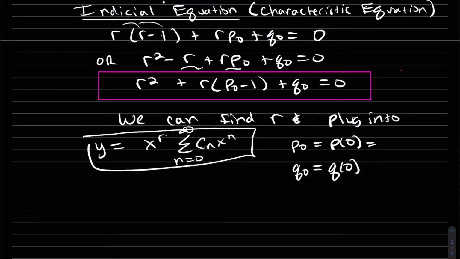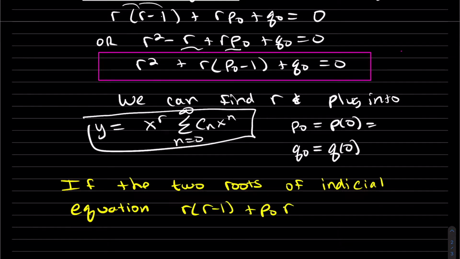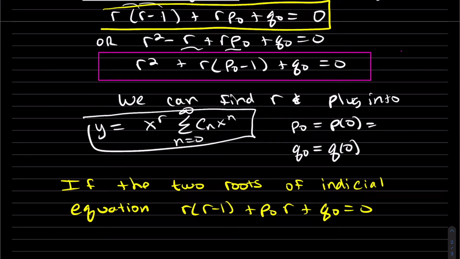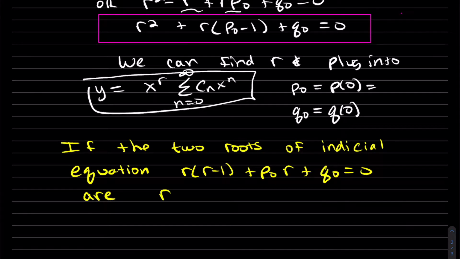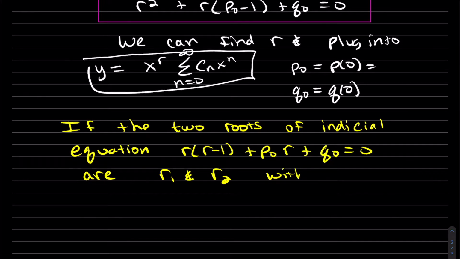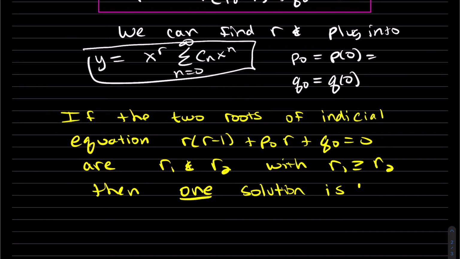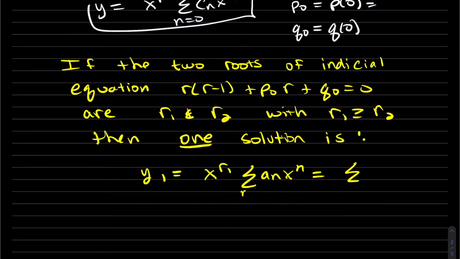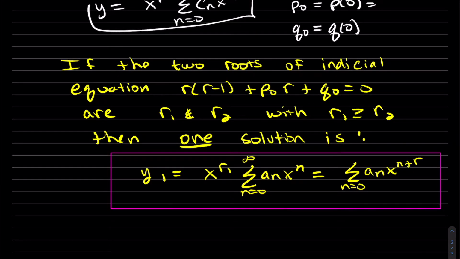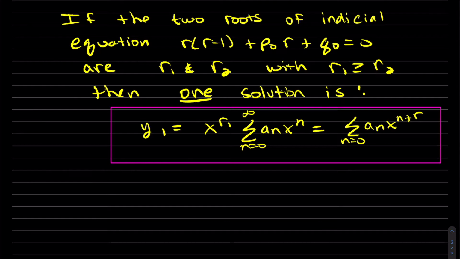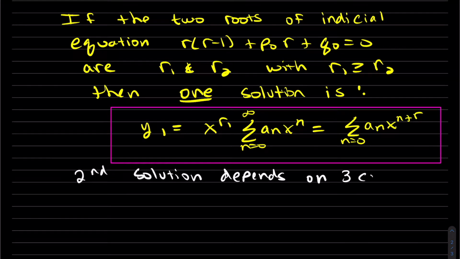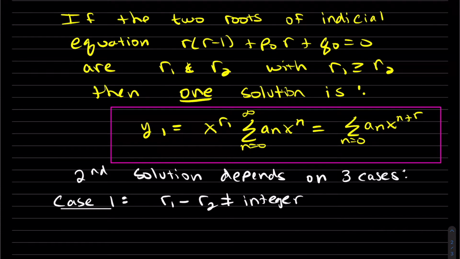Now there are also 3 cases that can happen with r. We can use either one, they're the same formula. If the two roots are r1 and r2, and we do have to order them, r1 greater than r2, then the one solution that is guaranteed is y1, and the second solution depends on these cases. Case 1: when you subtract the two and it's not an integer, then it's pretty simple. y2